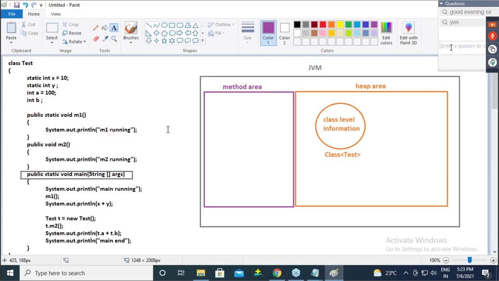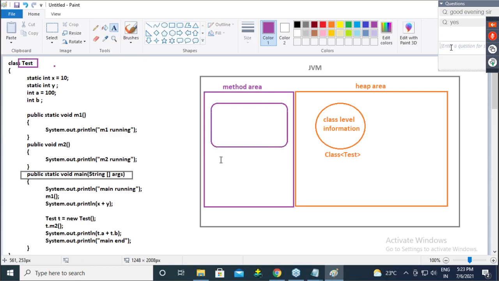Basically, guys, what happened? This is a test type of object. So in the method area, for the test class, one memory is allocated. Let's assume this is the memory.